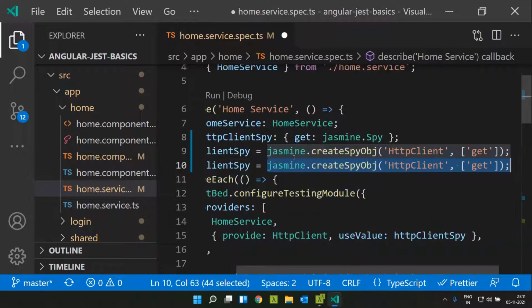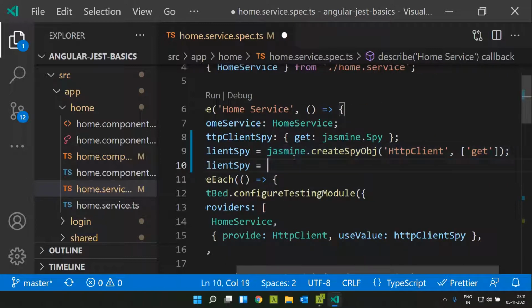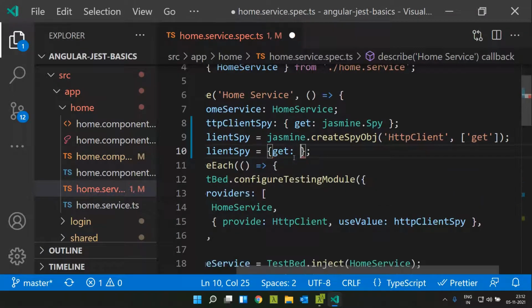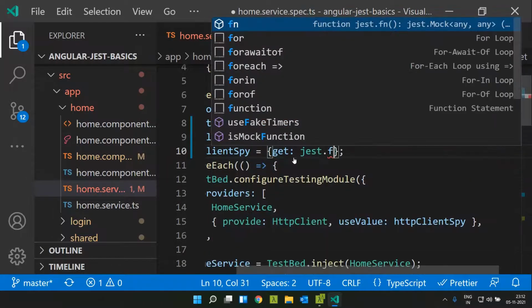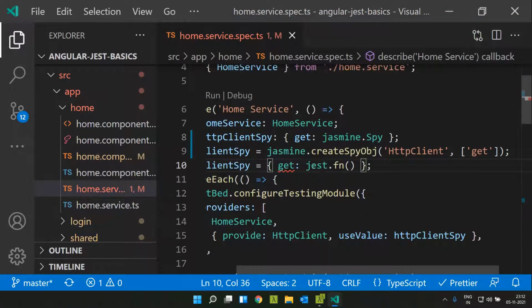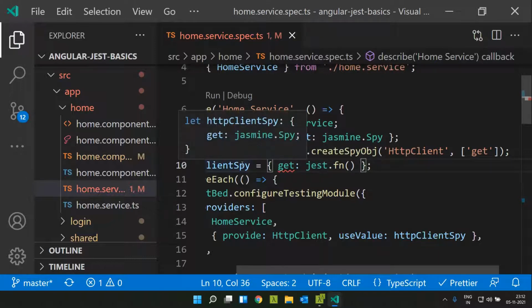So here in Jest, we have something called jest.fn. The equivalent of a spy is jest.fn. So how we can remove the createSpyObj is, basically we are mocking the get method. So we can create an object with the key as get, and here you can just use jest.fn. So this will in turn be returning a